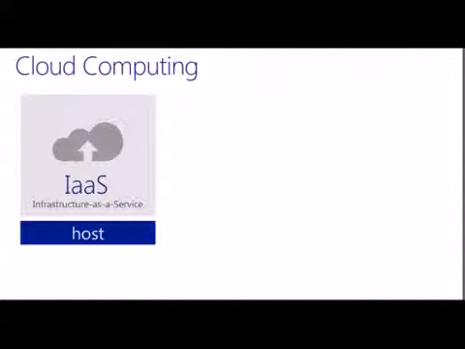A bit like I would do in a virtual environment locally, but it's hosted from the cloud, with a virtual network sitting around that.